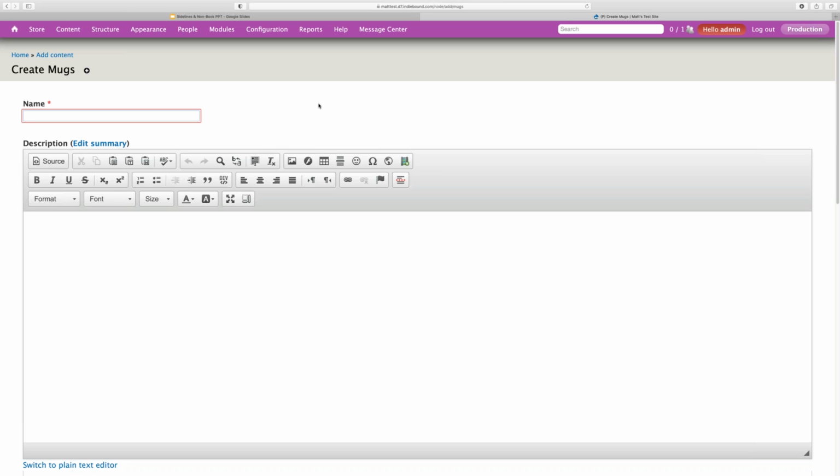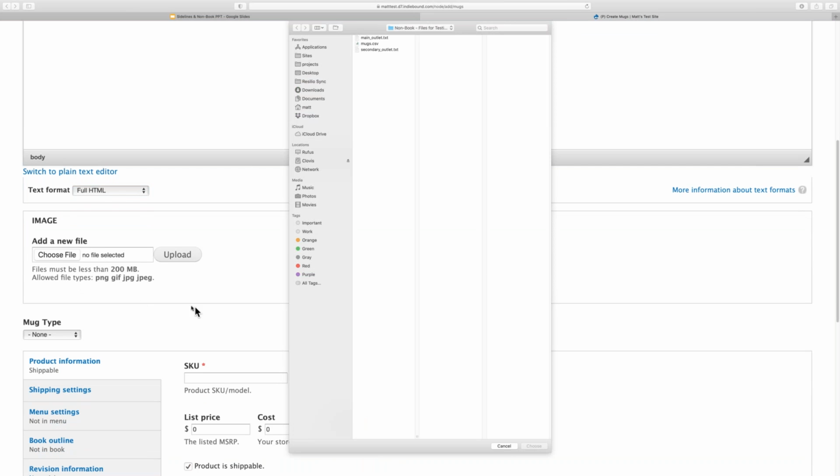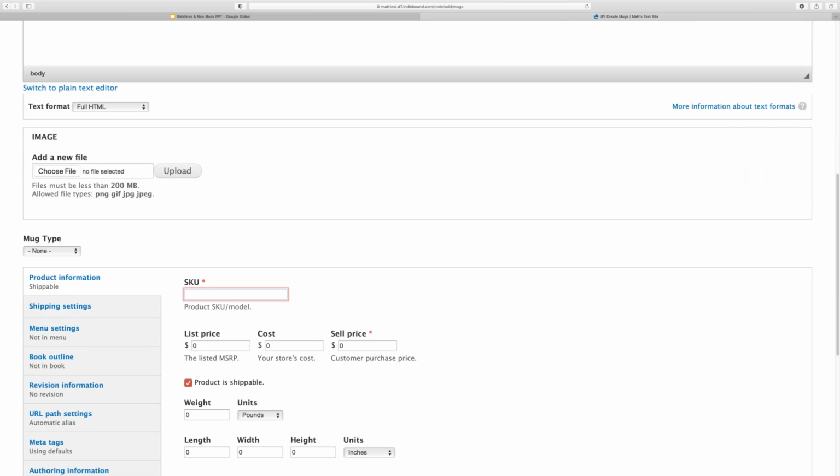If I wanted to create a DC Comics mug, I would just enter the name of the product, a description. I'll leave the description blank for now. We can upload an image. And each product has to have a unique SKU, which I'll put in, and a sell price.